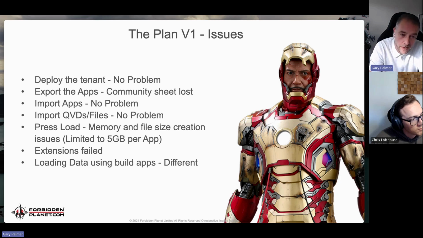The other thing you need to be aware of is if you're on-prem, I was a long-standing on-prem customer, so I had some extensions within our apps that were doing some smart buttons and smart views and so forth. Those extensions failed when we imported, so that caused us problems within our views, within the application, our sheet design, our button design, various things fell off.